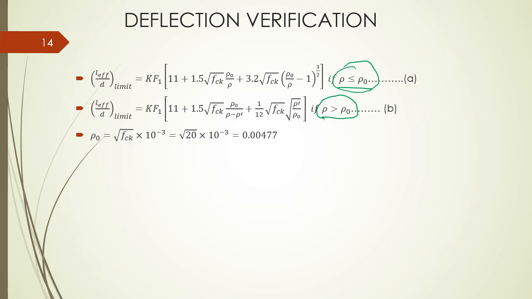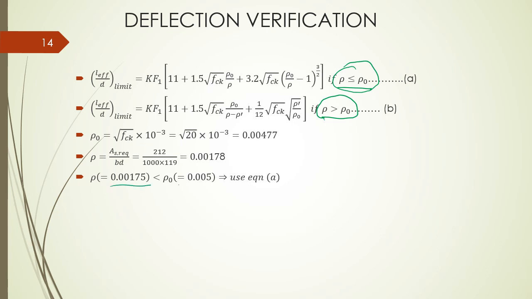This is usually provided to you in a supplementary handout. Then you also need to get rho, the reinforcement ratio. This was the area of steel required in the major direction. Remember, we only check for deflection in the major direction. We'll then compare rho with rho naught. In this case, rho, which gives you this, is less than the reference reinforcement ratio, so use equation A,